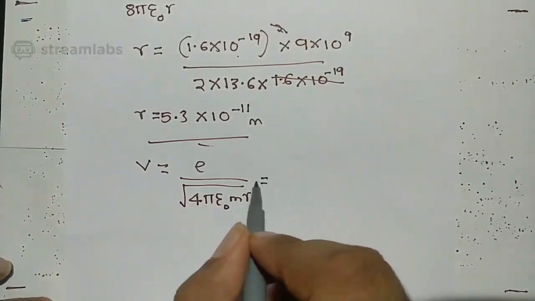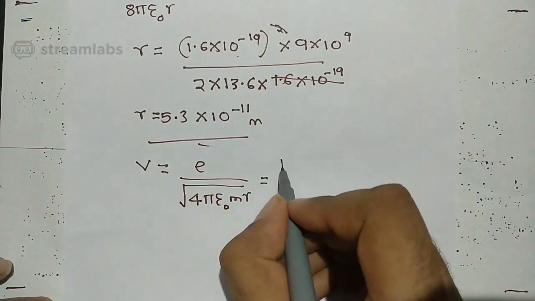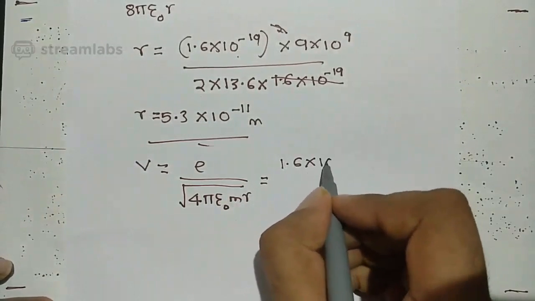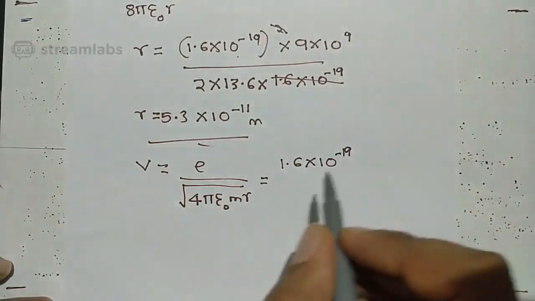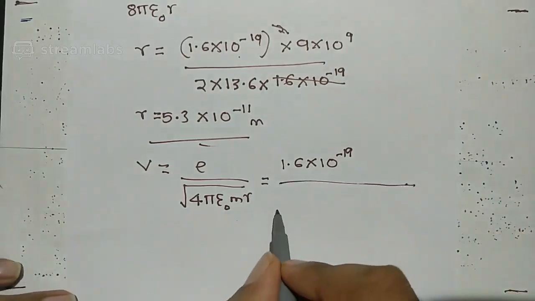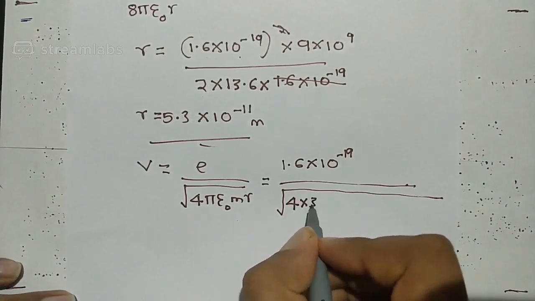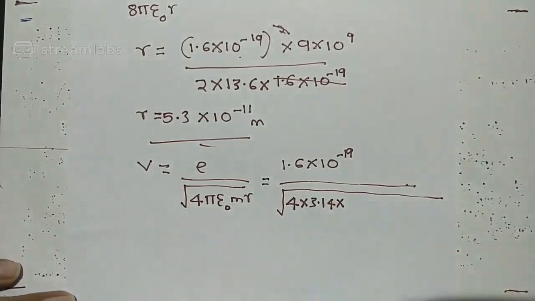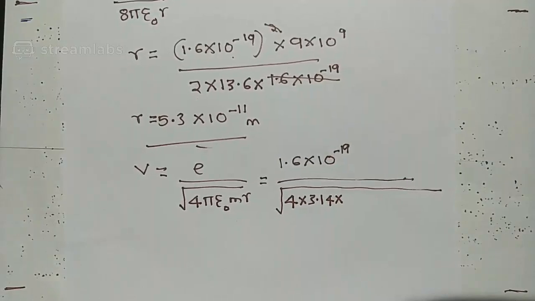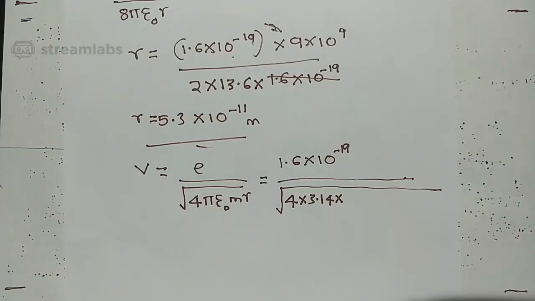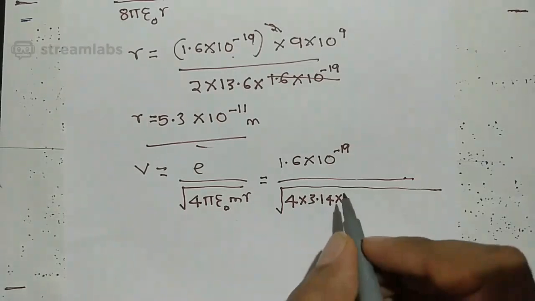So when you substitute the value of e, 1.6 into 10 to the power minus 19, divided by the square root of 4 into pi, where pi is 3.14. Now what is epsilon naught? You will understand more about epsilon naught in the lower part, in classical electromagnetism, in topic number 1 as well as in topic number 2. The value of epsilon naught is